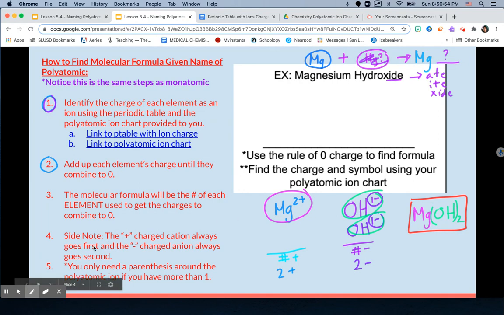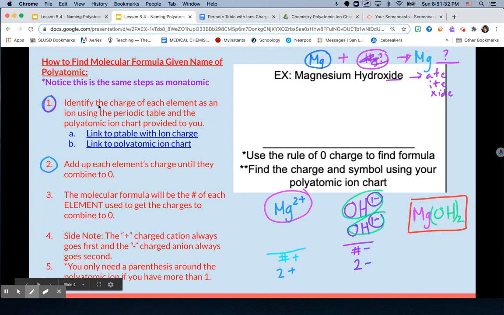I want to mention a couple of things: that you only need a parentheses around the polyatomic ion if you have more than one of them. So if I just had one OH, I don't need the parentheses and I don't need the subscript on the right-hand side, right? And if I have 2 Mg's, this is not a polyatomic, so I don't need to show that they go together, so I don't need a parentheses. So key thing to keep in mind, that you only need a parentheses around the polyatomic ion if you have more than one,